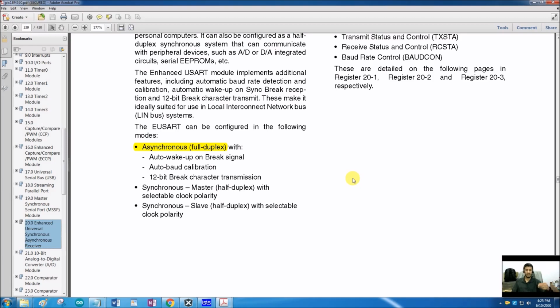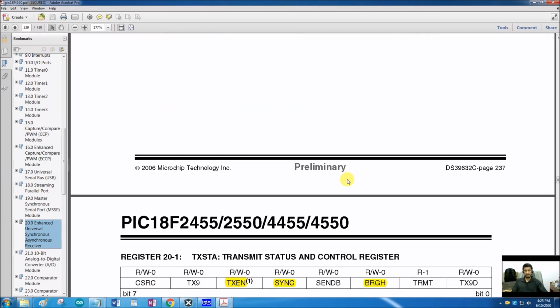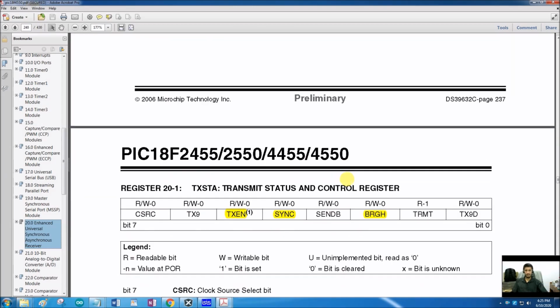There are many different protocols of serial communication. They include I2C communication, SPI communication, MSSP communication, UART communication. So today we are only interested in UART communication, the simple serial communication that is following the RS-232 protocol. RS-232 is a standard protocol that is used for serial communication. So we will not be discussing any other bits, flags related with the other modes.